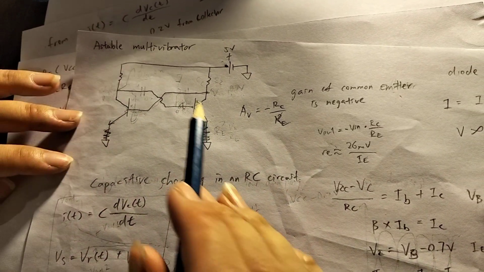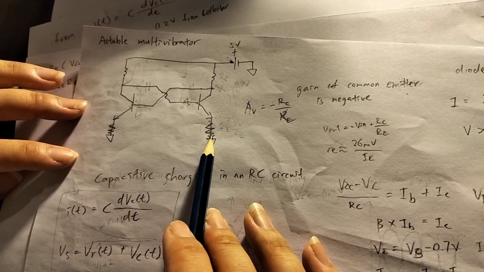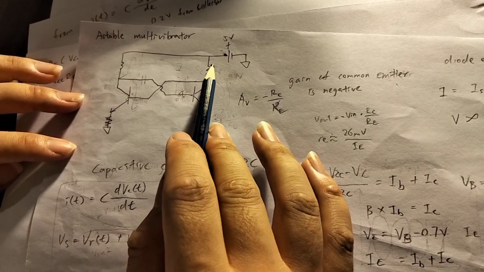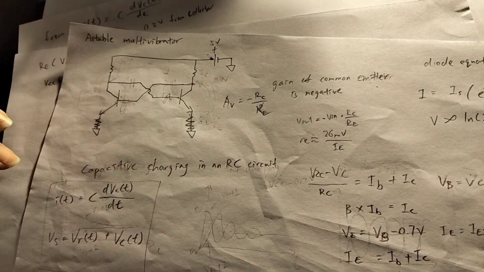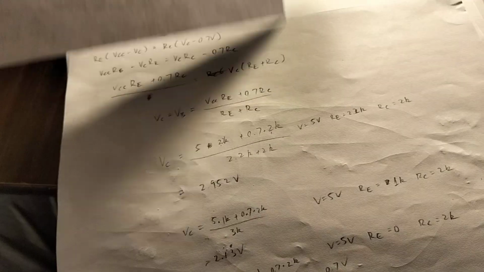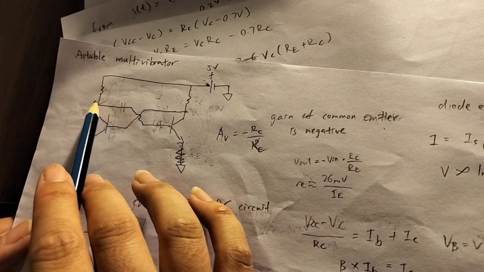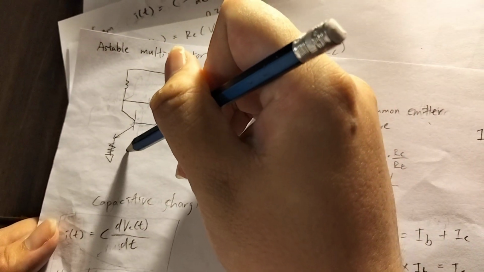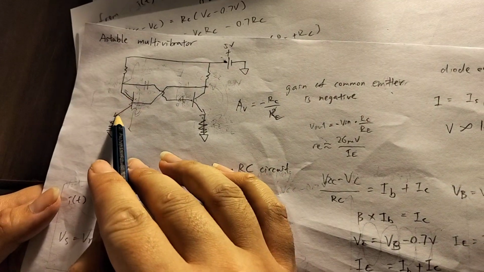So what happens if we create the circuit with a positive gain, if this emitter resistor is small compared to the collector resistor? When we calculate the equilibrium state, you can derive that by equating the voltages of the collectors and the emitters, and making sure that this voltage drop is the same as this voltage drop. So the collector-emitter,